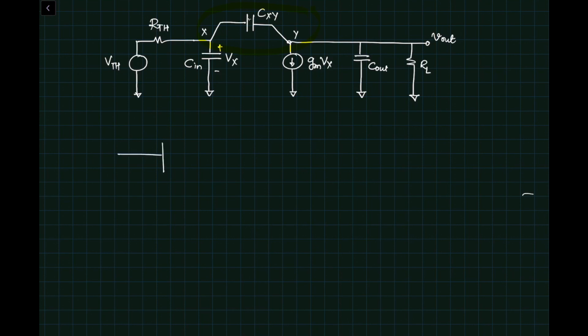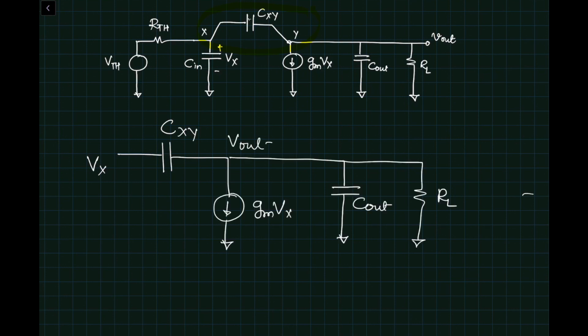So we have a capacitance CXY, and here is Vx and here is V out or Vy. So at zero frequency, literally what's going on is this V out is going to be 0 at zero frequency. Let's say that zero frequency is S of Z. So at frequency S of Z, V out is equal to 0.